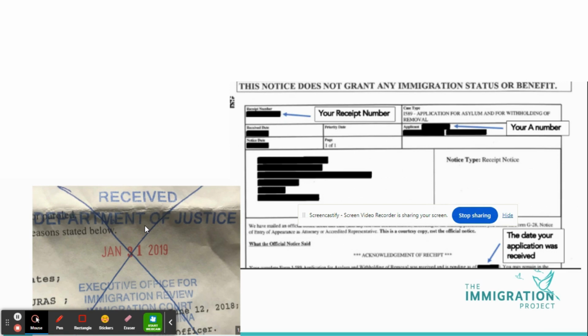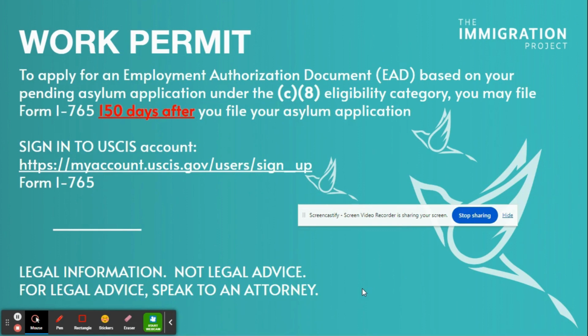So it's absolutely necessary that you have one of these official government documents that show the date that your application was received by the government, because 150 days after that date is when the person is eligible to apply for their work permit. The first step to apply for that work permit would be to create a USCIS account at